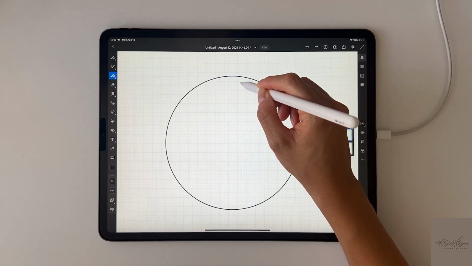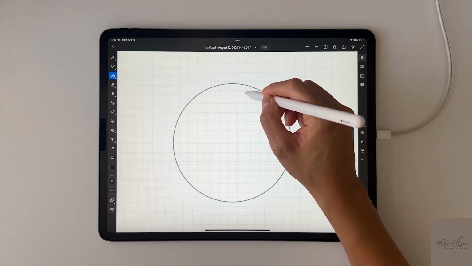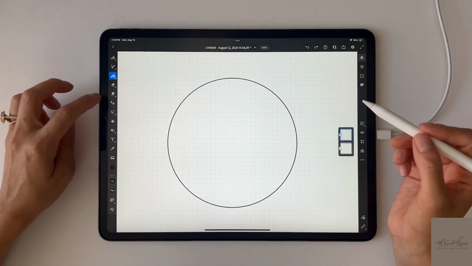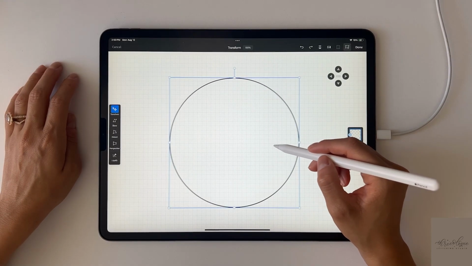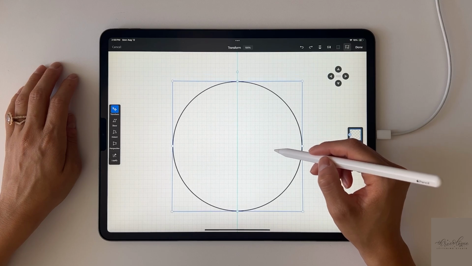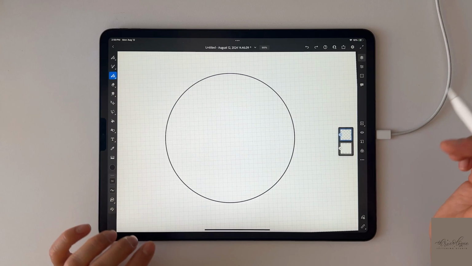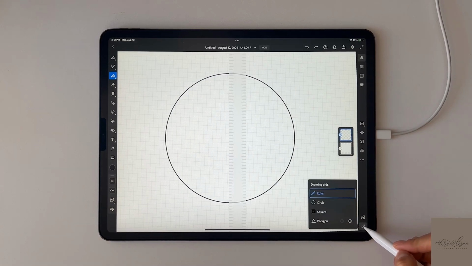And you can hold down to create the perfect circle and then drag up and down to decrease or increase the size. We'll make this nice and big. And I just want to make sure this is nice and centered. There we go. So now that I have my circle here, I'm going to grab my circle tool down here,